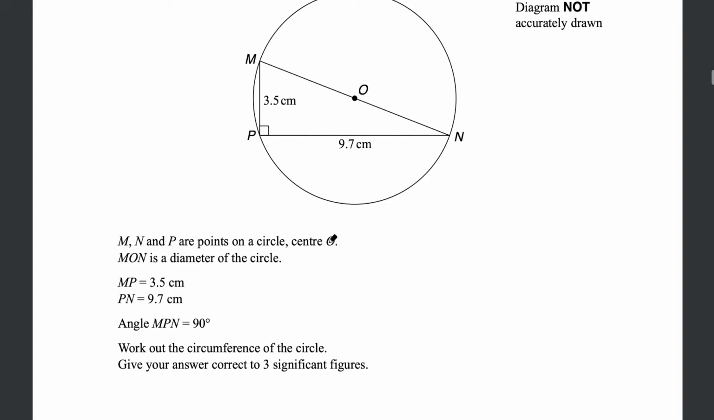So just as we talked about in the previous question, we know the circumference is 2 pi r. Another way of stating this is pi times d, the diameter. So the problem here is we need the radius, or the diameter. They give us a right-angled triangle, and we know how to work out the hypotenuse, or the longest side of a right-angled triangle, using Pythagoras' theorem. So hopefully you can see we're going to need to use Pythagoras' theorem to work out the diameter, and then